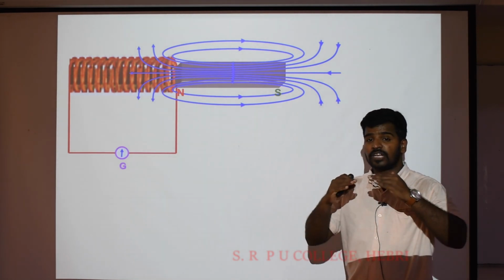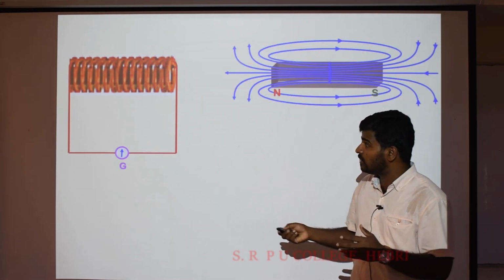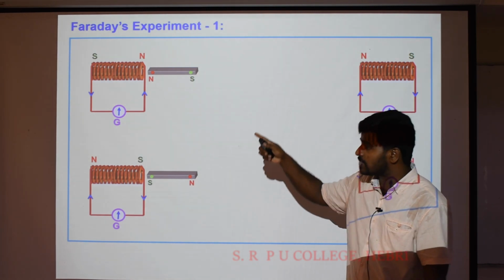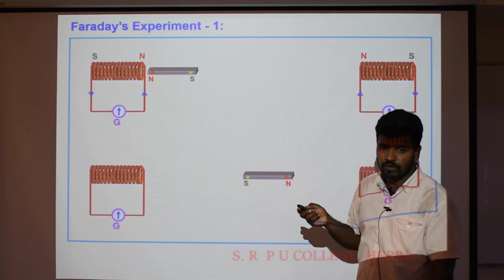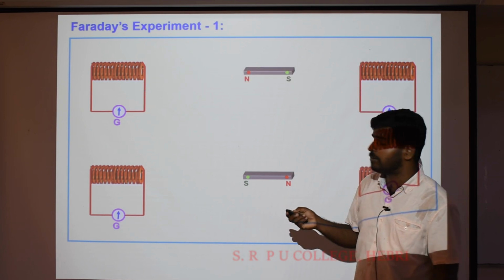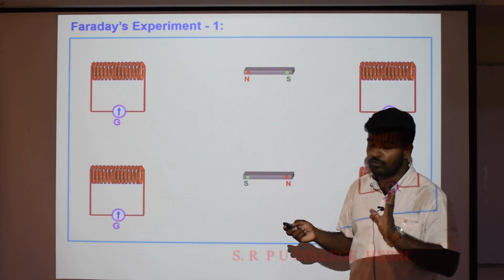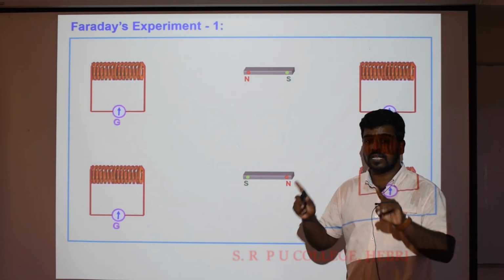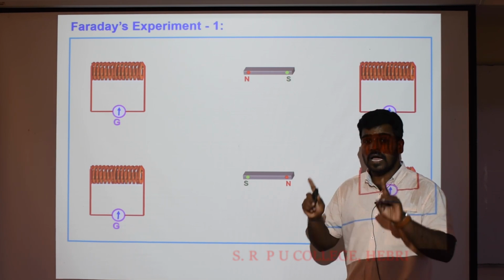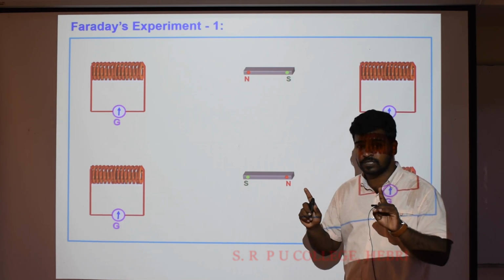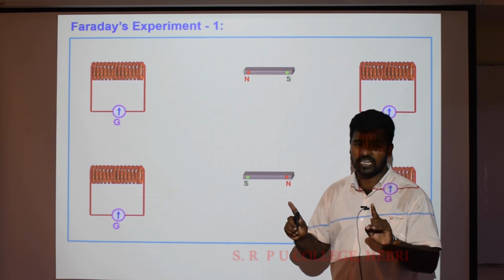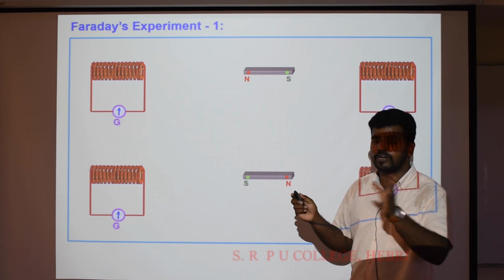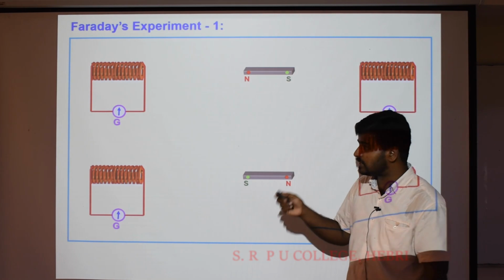Is it clear? So what is the conclusion, children, and how should you write it? In the last part, what we have done: the circuit that consists of the coil is connected to a sensitive galvanometer. The galvanometer is used to measure the electric current in a given circuit. When the north pole of the magnet is moved towards the coil, the magnetic field as well as the magnetic flux across the coil varies. As the magnetic flux varies, there is an induced EMF in the coil. That indicates the deflection in the galvanometer. The galvanometer shows a momentary deflection, which indicates that there is an induced current in the coil.